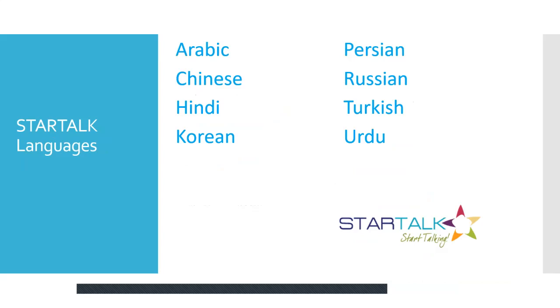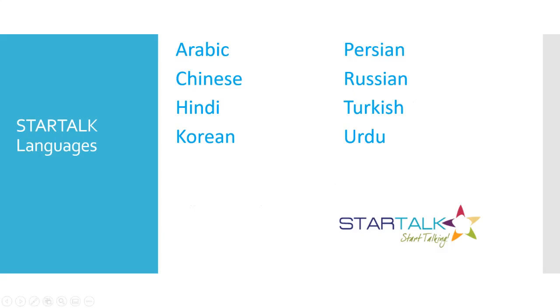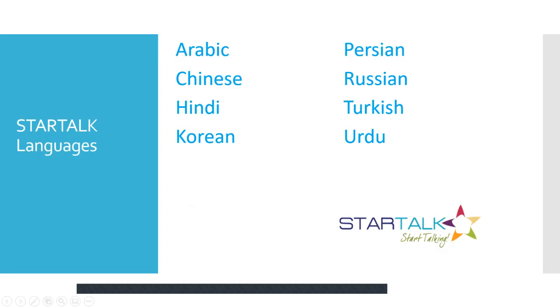And happily, I was able to find all of the StarTalk languages on wordwall.net. I found examples of Arabic, Chinese, Hindi, Korean, Persian, Russian, Turkish, and Urdu in the appropriate characters and alphabets